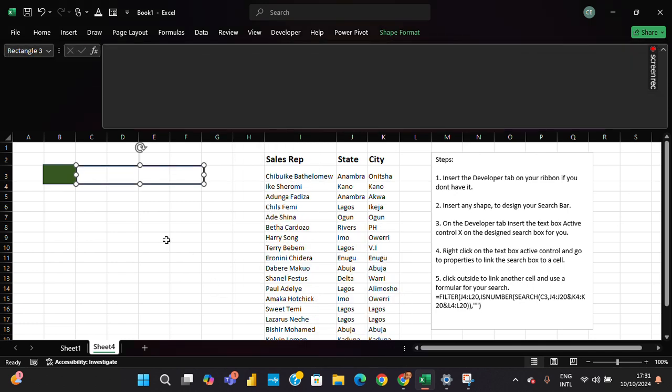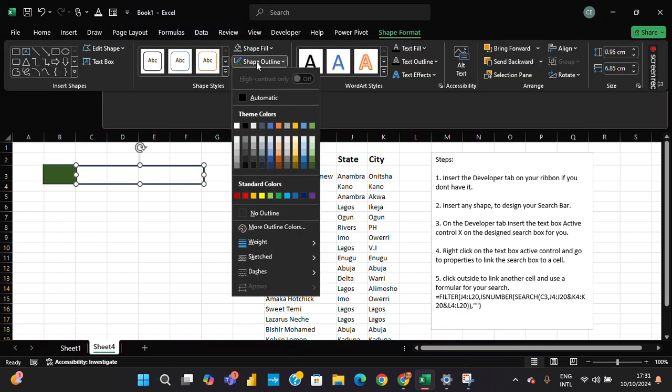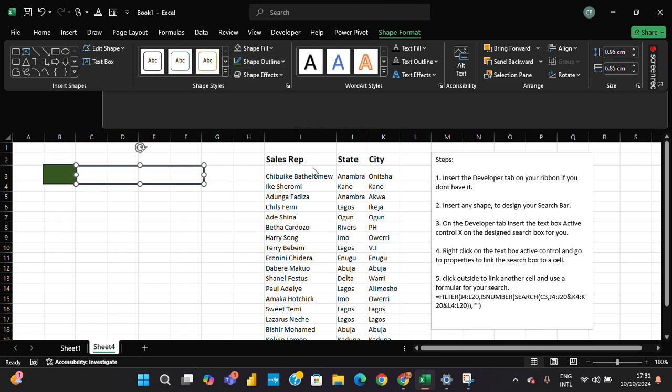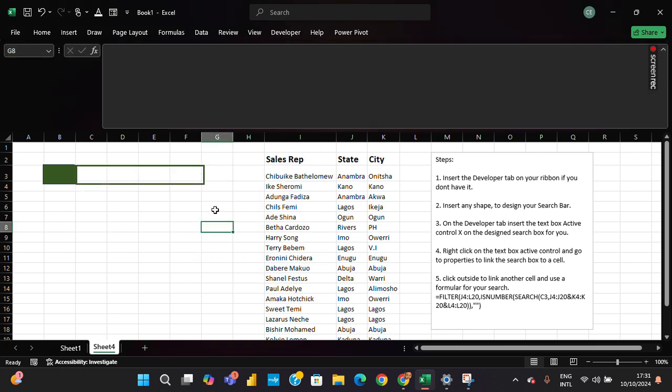Okay, and then if I click out, what I have is, okay, I'm clicking back on it, shape format. So the shape outline is green. Okay, so this is what I have, right? That's what I have. So I'm going to click on it again and then push it closer to that. So the last thing I'm going to be inserting is